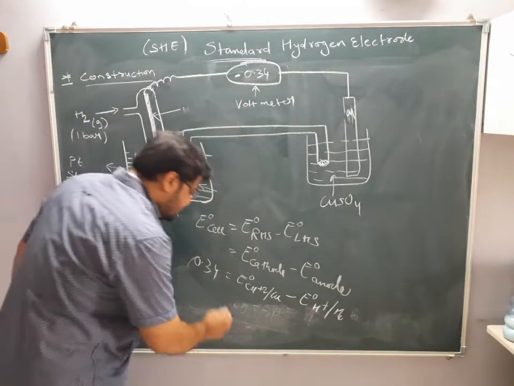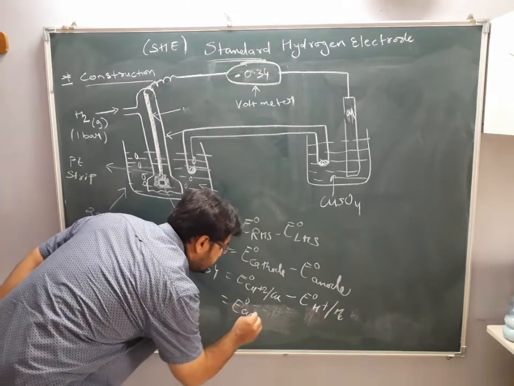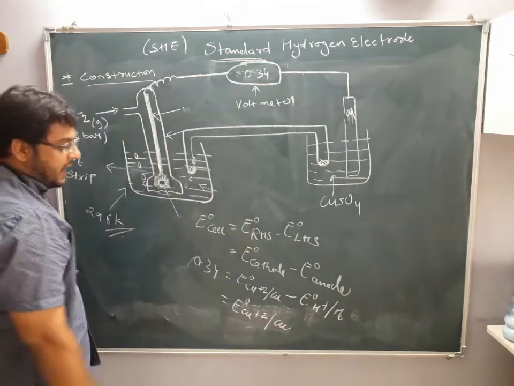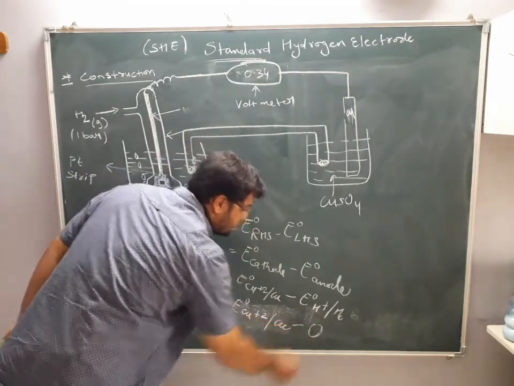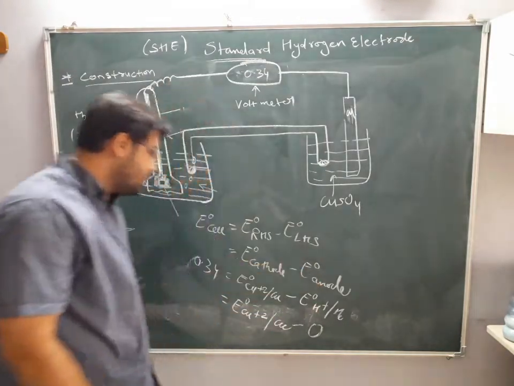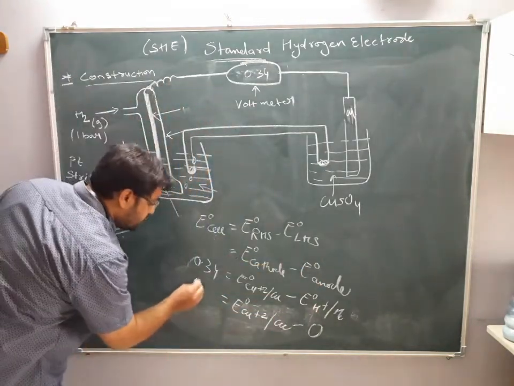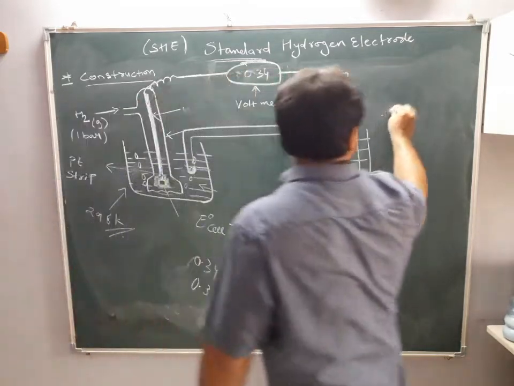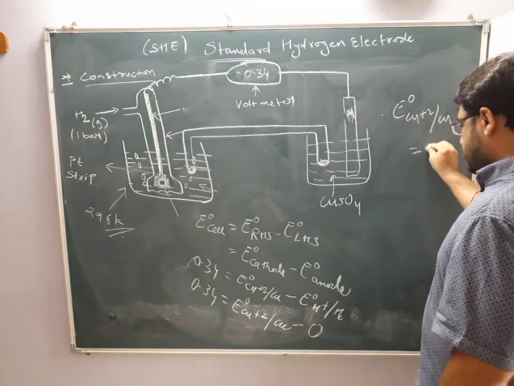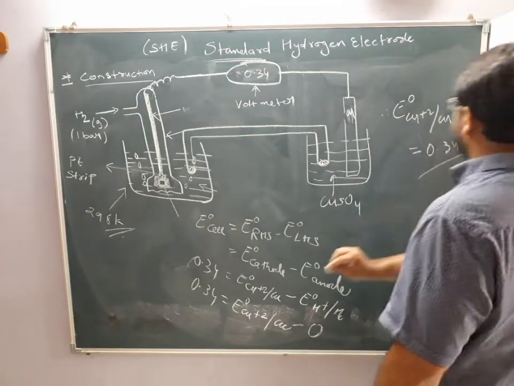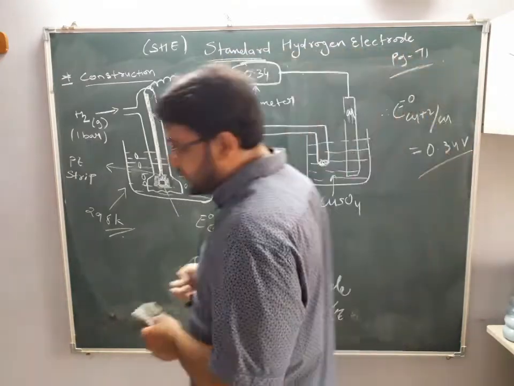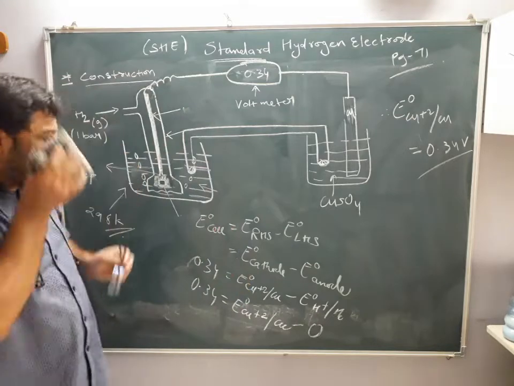So this value will be here now, minus. Clear? So now what happens? E0 Cu plus 2 slash Cu, and the reduction potential value for hydrogen is what? 0, because we are considering the reduction potential value, we have considered it to be 0. So 0.34 volt, and therefore E0 Cu plus 2 slash Cu, how much did we get? 0.34 volt. You can see the reduction potential value on page number 71 of your NCERT textbook. Clear? So we got copper as 0.34 volt.